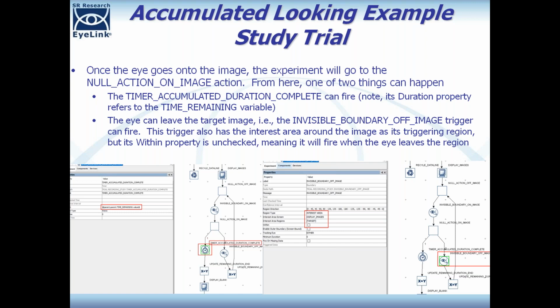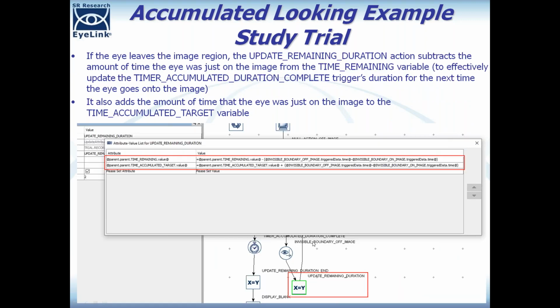And if that happens, you'll see eventually it's going to take us back up here to start waiting again for the participant to look at the image. But before we do that, we're going to update the remaining duration. Basically, we're going to update the duration that's used when the participant looks back onto the image. So this is an update attribute action, and it can be used to change the values of the variable nodes. And you can see what it's doing is it's saying our time remaining in this first line here,